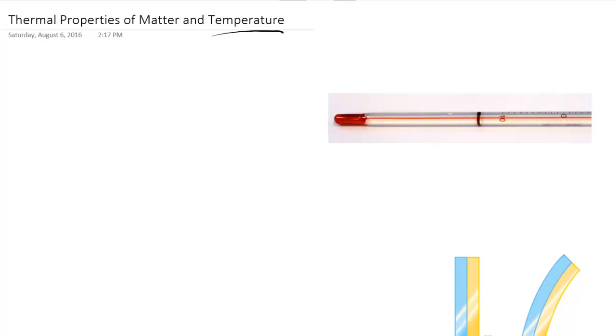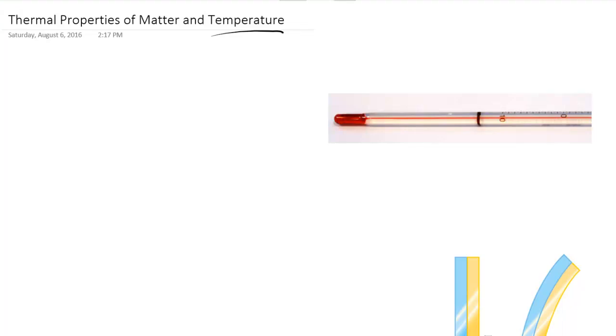It's different than heat. It's very important that we know that it's different than heat, which we'll talk about later. So the way that we can quantify this hotness or coldness, or changes in the hotness or coldness, is by investigating some of the thermal properties of different